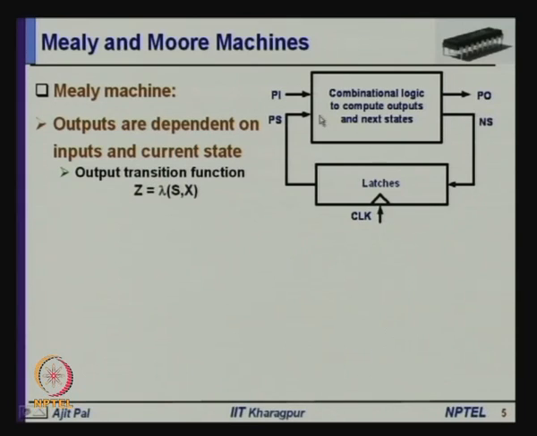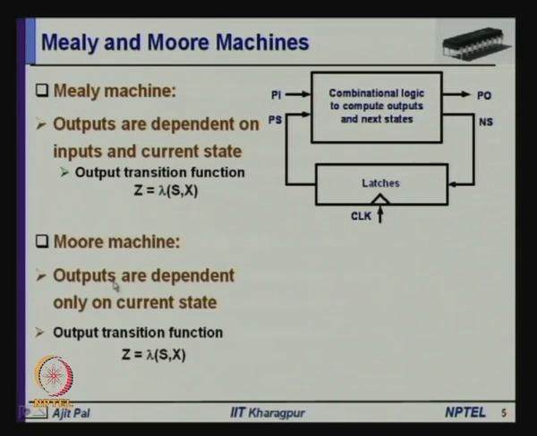Here, as you can see, the primary output is a function of both the primary input as well as the present state S. So, it is a function of both, and that is why it is known as Mealy machine. On the other hand, the Moore machine, where the outputs are dependent only on the current state, not on the